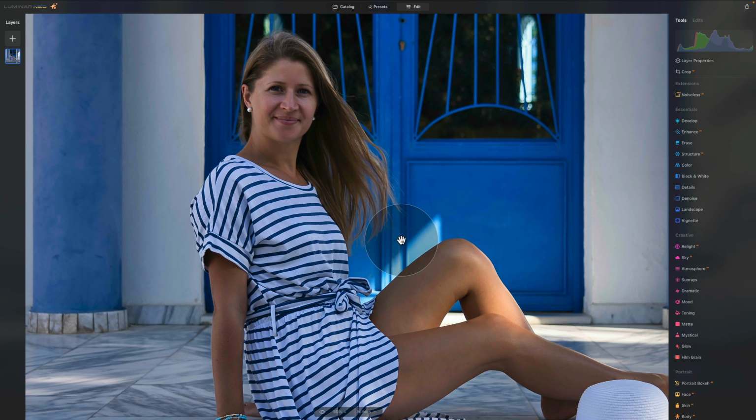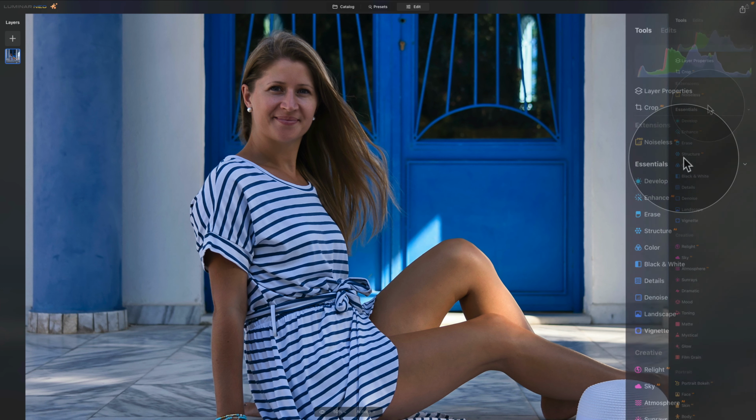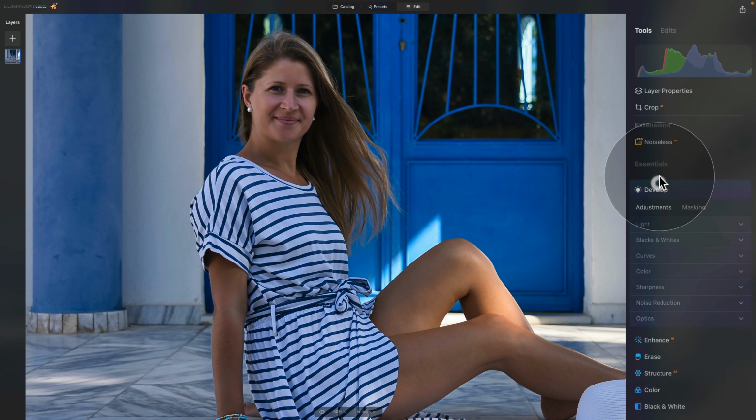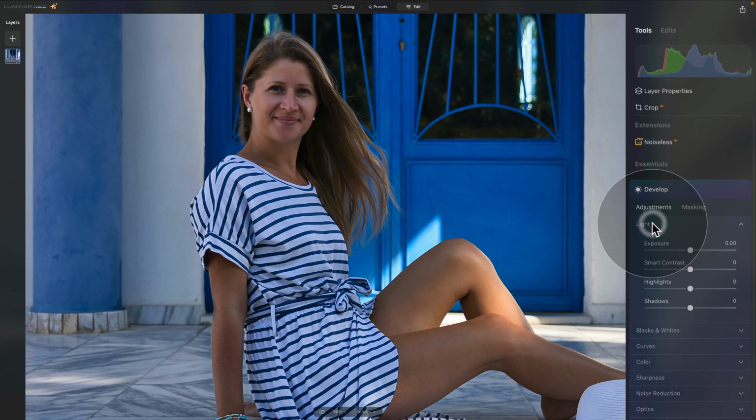But now the first tool we're going to be using is probably the most basic tool, however also one of the most powerful tools, and that's the Develop tool. So for this we need to go into our main toolbar, go into the Essentials section of the main toolbar, and then go into the Develop tool. Click on it to open it, and the first part we're going to be focusing on is the light and